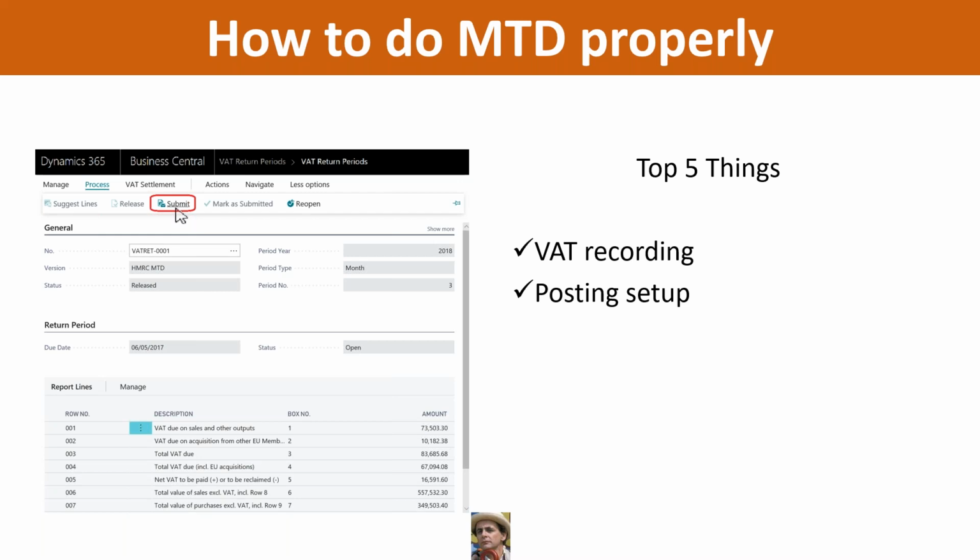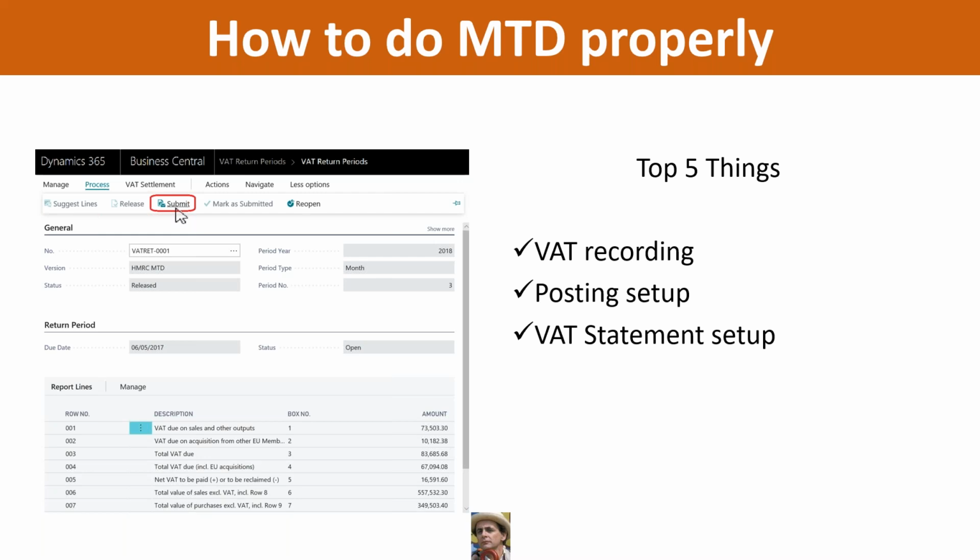VAT is recorded correctly. Once you've got your one system and you're recording VAT correctly, then you want to set up your VAT statement within that system so that it reports that VAT that you've recorded correctly. Again, it needs to take into account all of those possibilities. Domestic trade, 20%, 5%, zero rated. EU, vettable, non-vettable. International trade, zero rated. Make sure that it's reporting everything that you have recorded.